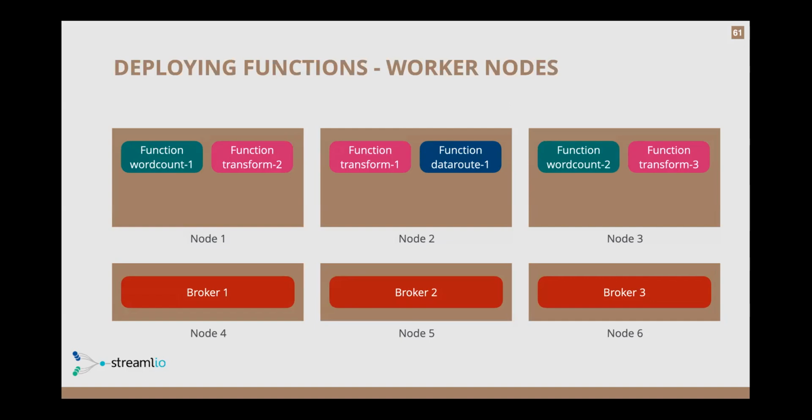That gives you resource isolation, it insulates you from a failure scenario, but you do have to spin up additional nodes for that. And you have to maintain that as part of your infrastructure. Your DevOps team has to be aware of those and spin those up as well, and then keep an eye on those and scale those if you need to increase the number of nodes to support your number of functions.